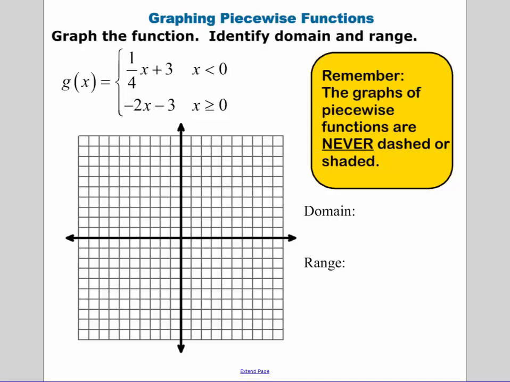Now graphing a piecewise function and identifying domain and range. So graphing the piecewise function. You graph the top function, y equals 1/4 x plus 3, for just the numbers that are less than 0. And notice how I have a little reminder here. The graphs are never dashed or shaded. When x is less than 0, that means we're going to have an open hole where